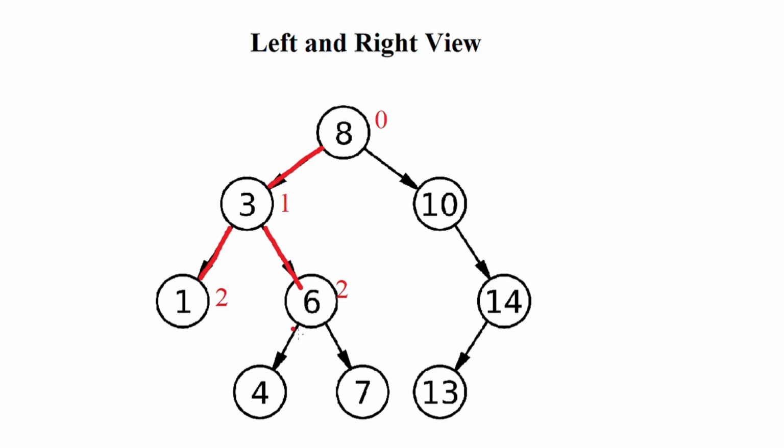Then I go to the left side and I see, okay, what is the depth of 4? Its depth is 3, and this is the first occurrence of the depth 3. This is the first time we have talked about the depth 3, right? So we print 4, and after that, I can just traverse through the whole graph, but that will be the